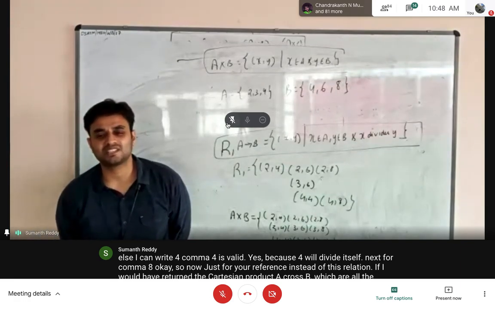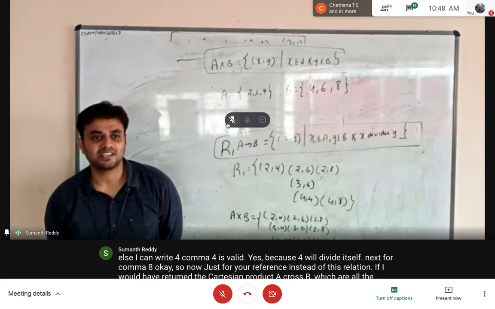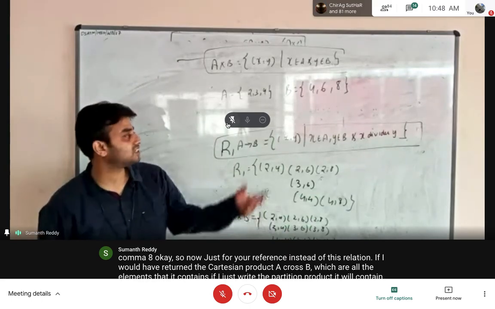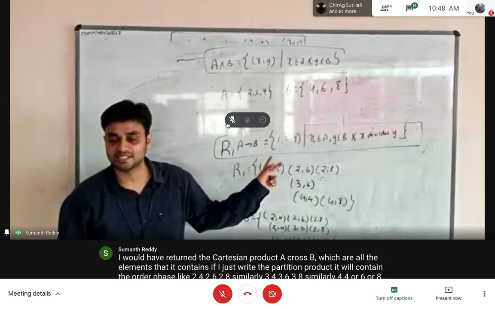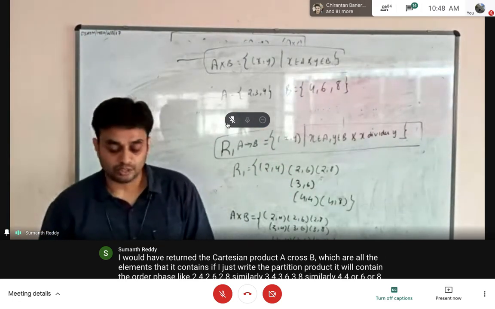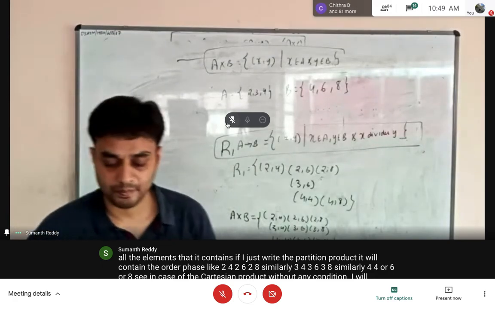Again, in the exam, if they ask you the definition, what is a relation? A relation is a subset of Cartesian product. You cannot explain much in the form of a sentence. So what you can do is just write this as an example and give this example. Fine. Okay, so that is the introduction about the relation. Fine.